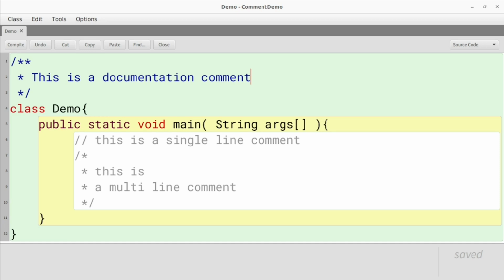Now, back to our original question. Can we write anything we want inside a Java comment? The short answer is yes. We can write almost anything we want inside a Java comment, but there is an exception. In Java, Unicode decoding is done before lexical translation, which means that the compiler will be able to read and understand characters from any language as long as they are properly encoded in Unicode.